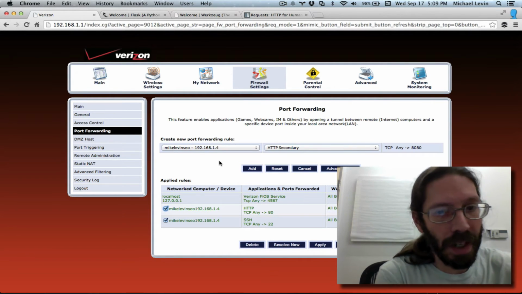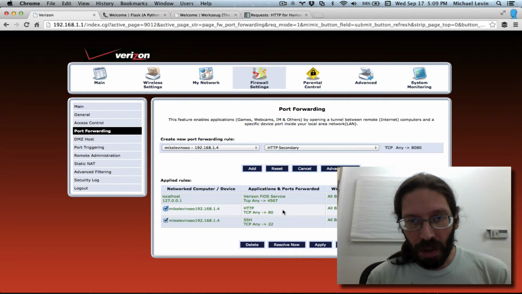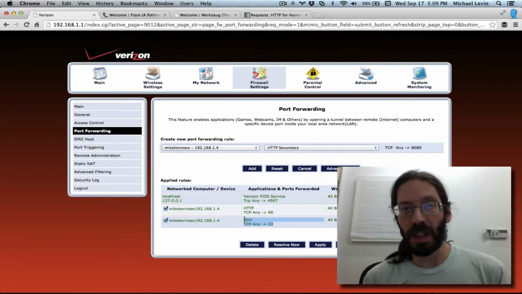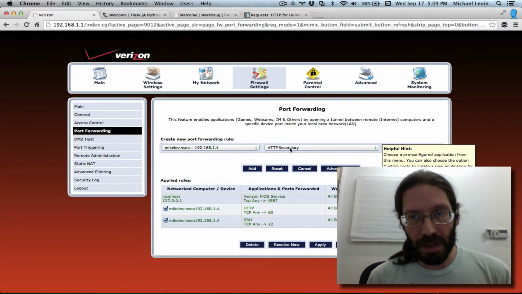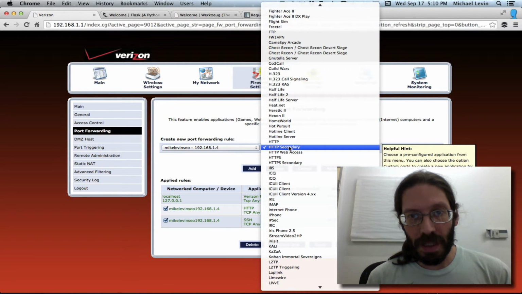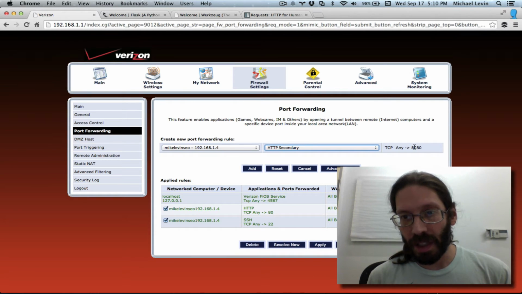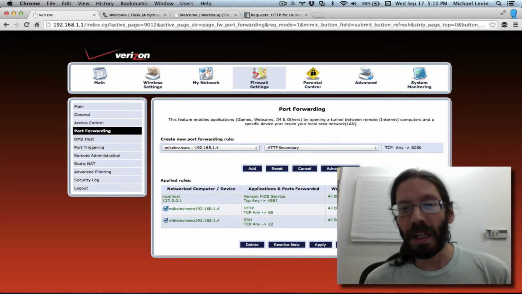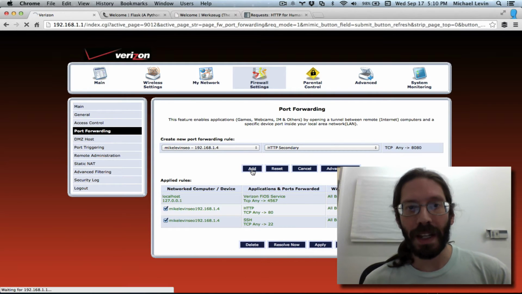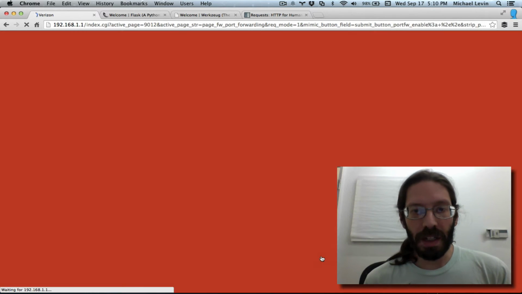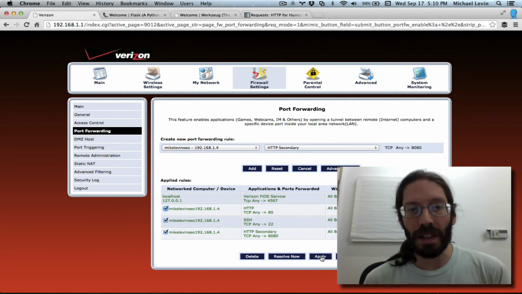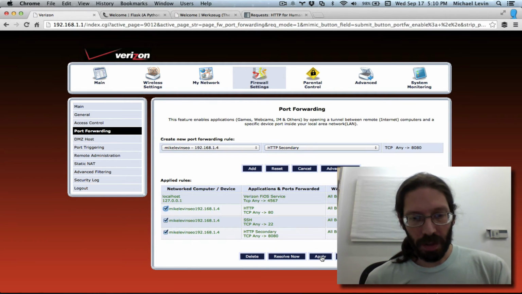And you'll see here from my Verizon router rules, all traffic coming in over port 80 is being sent to my Raspberry Pi. All traffic coming in over SSH for remote website maintenance, also to the Raspberry Pi. But here I just selected from the options HTTP secondary, and secondary is, I guess, Verizon's nomenclature for port 8080, and I am going to add that rule. Now, I have two routes in essentially to the web server. One which is to